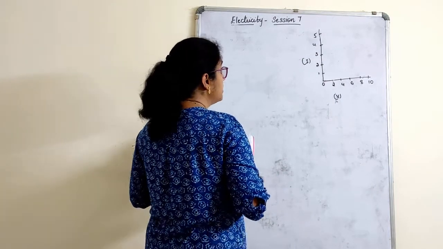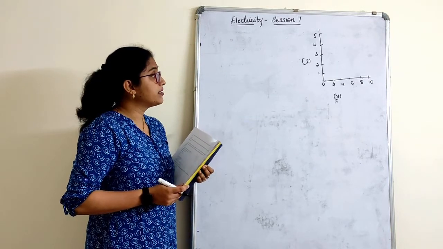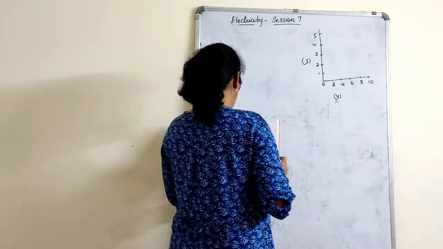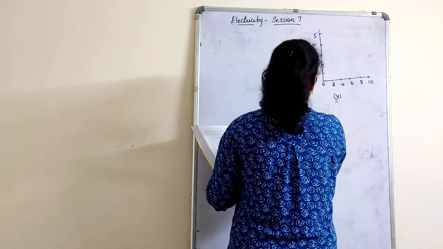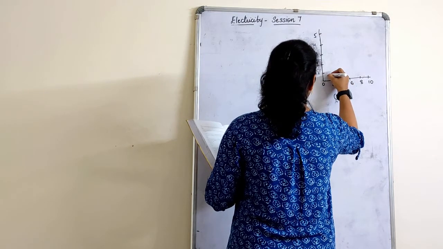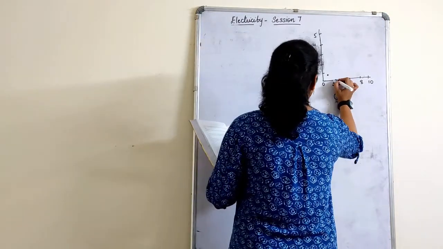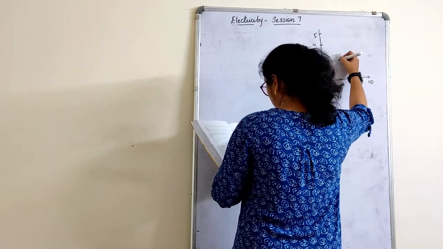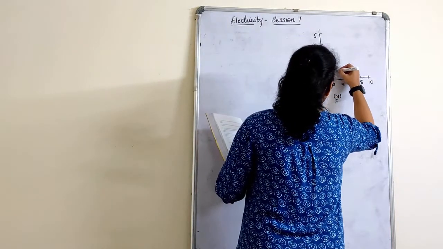Because the values are given like that, I will just consider this. Scale you need to mention. X-axis 1 unit is equal to 2 centimeter. Y-axis 1 unit is equal to 1 centimeter. So when I plot here, when the voltage is 1.6, current is 0.5. Voltage 1.6 will come somewhere here, 0.5 will come somewhere here. Next, when the voltage is 3.4, so 2 and 3 will come here. Next, this is 3.4. So, yeah, it is 1, sorry, it is 1. So this comes here.